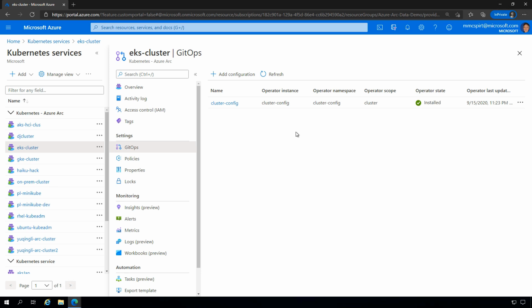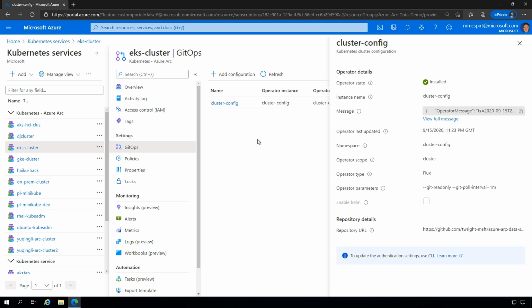And what this cluster config file essentially is, and you can apply more than one, is a way for us to standardize what gets deployed out to a particular cluster within our environment under our control. And you'll see in this case, the GitOps integration and controls are enabling us to pull essentially application files, code, builds from a specific repo. In this case, it's on GitHub, but it could be another enterprise Git equivalent, and bring that and deploy it down to our Kubernetes clusters in an automated fashion using the GitOps technologies powered within Azure Arc for Kubernetes.